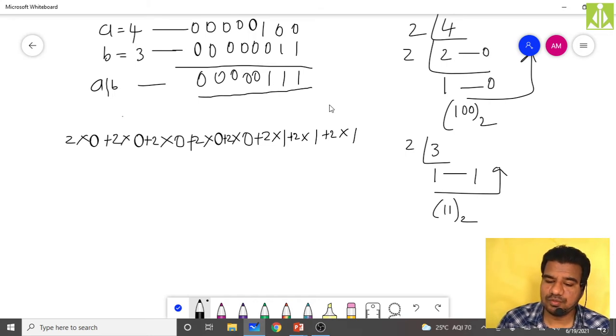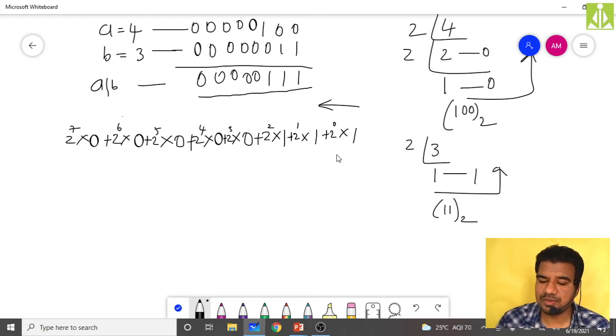Now move from right to left and put the powers of 2. Start with 0, 1, 2, 3, 4, 5, 6, and the last one is 7. So 2 power 0 is 1, multiplied with 1 gives 1. Plus 2 power 1 is 2, multiplied with 1 gives 2.